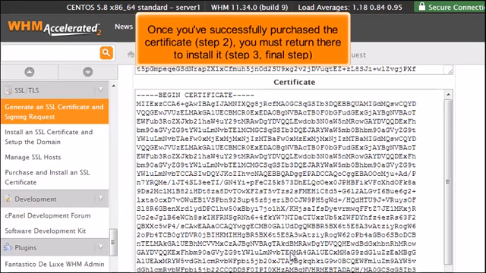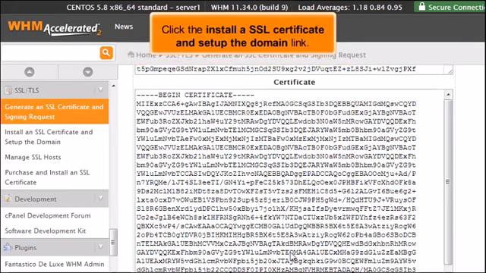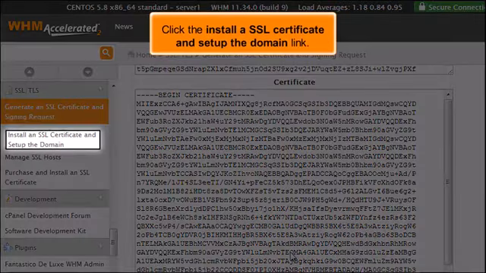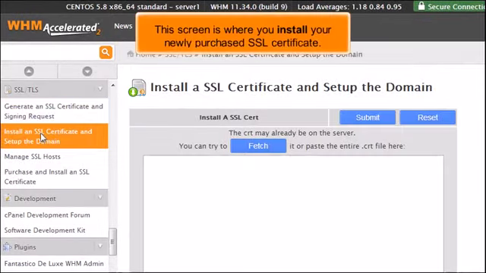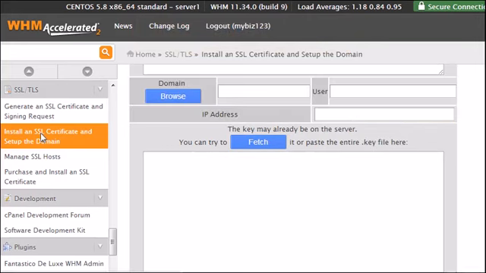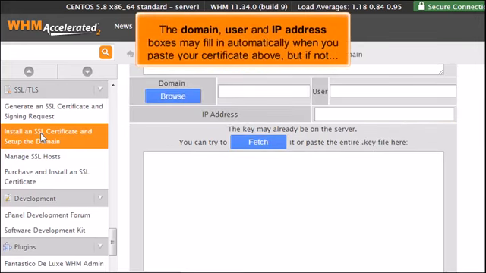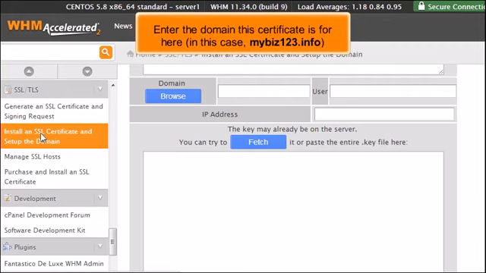Step 3, final step. Click the Install a SSL Certificate and Set up the Domain link. This screen is where you would install your newly purchased SSL certificate. The domain, user, and IP address boxes may fill in automatically when you paste your certificate above, but if not, enter the domain the certificate is for here, in this case,